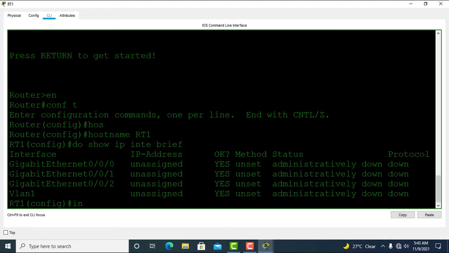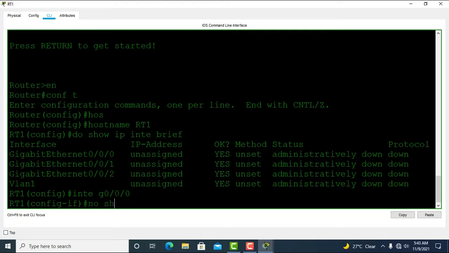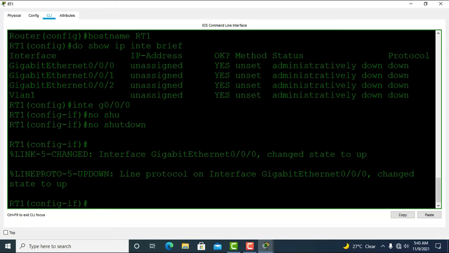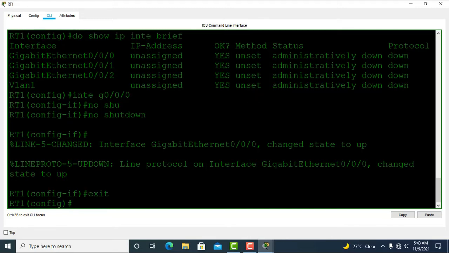So interface G0/0/0, no shut. Since it's up, I don't have to assign an IP. What I have to do is exit, because I'll be using this interface to create sub interfaces for my VLANs. That is how you configure